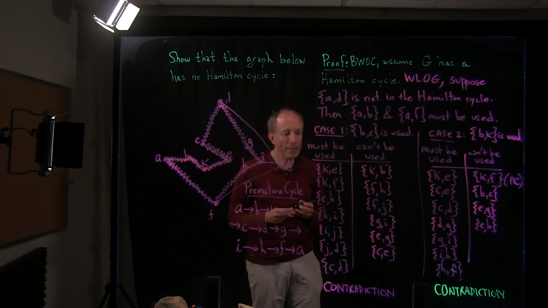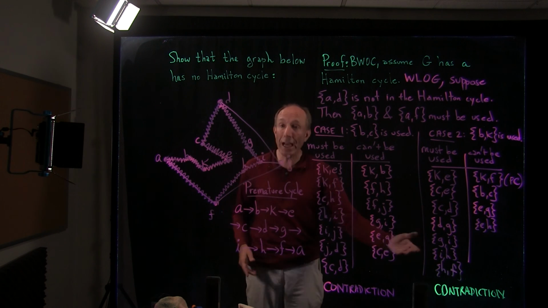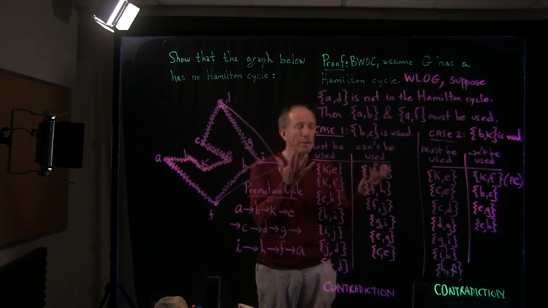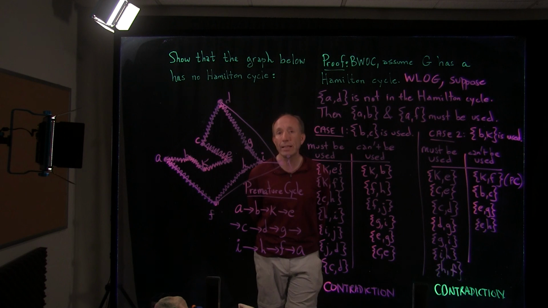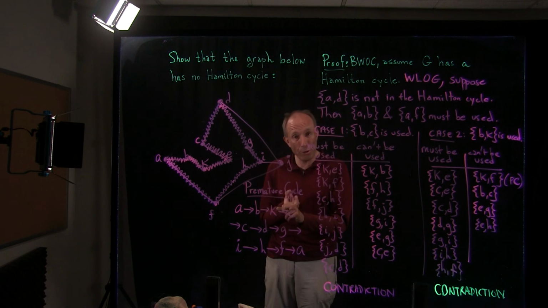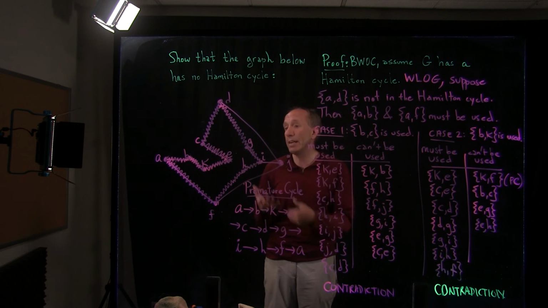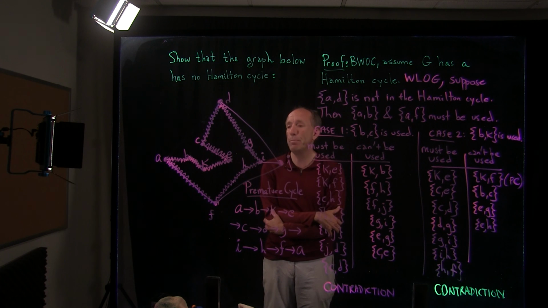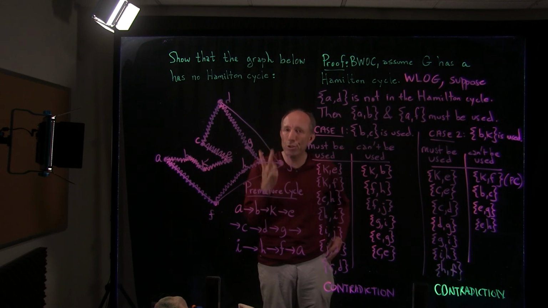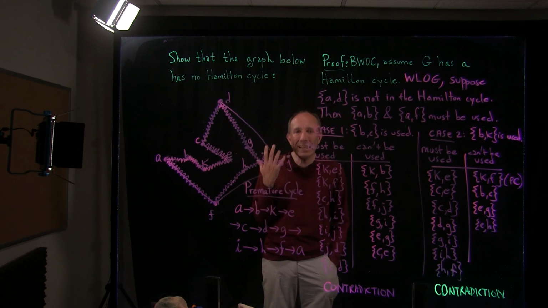In both of these cases, we came up with a premature cycle, and those premature cycles basically are what we need to get our contradiction. So we use a little bit of casework, a little bit of symmetry, and just the fact that every vertex has to be reached exactly once, which means that you have to use exactly 2 of the edges that are incident with each